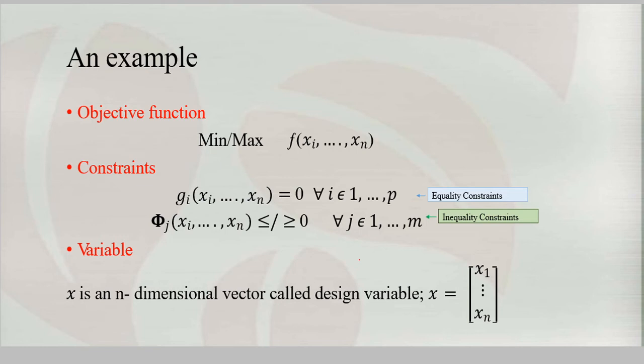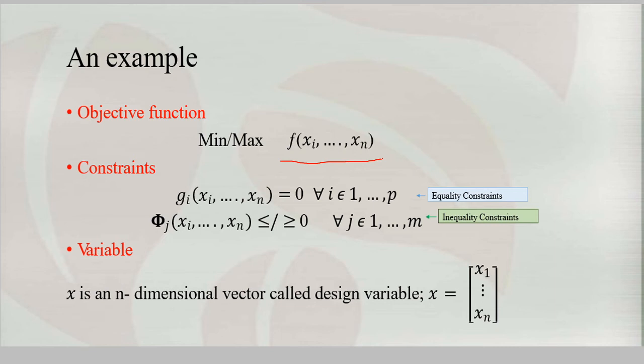Now this is again the derivative form, or variable form, representation in terms of equations. Here the objective function, which can be a maximum or minimum, is represented as f of x. Here the x value ranges from i to n, so 1, 2, 3 till n, right? This is f of x.